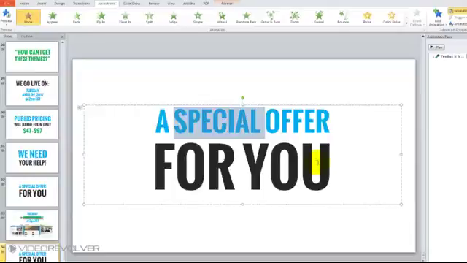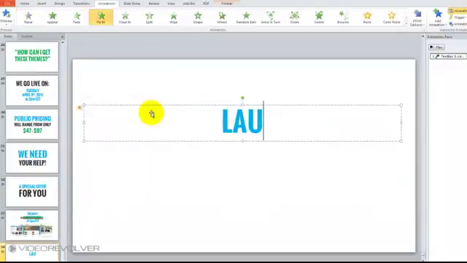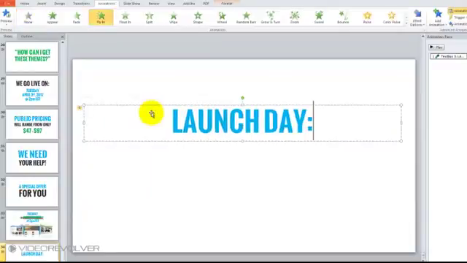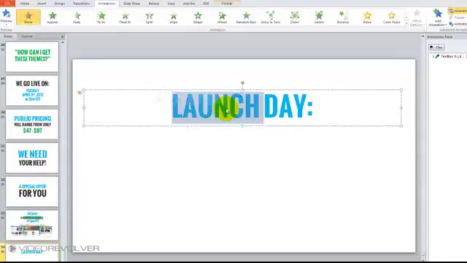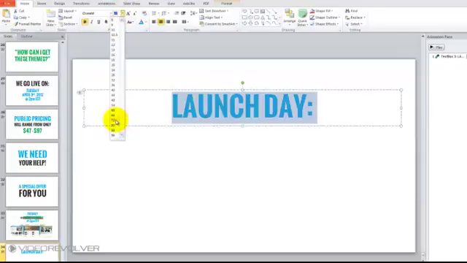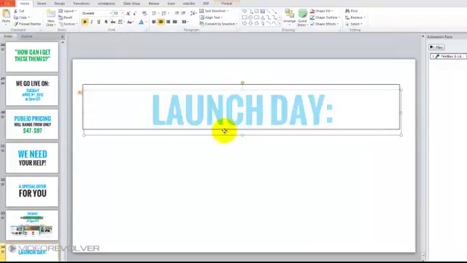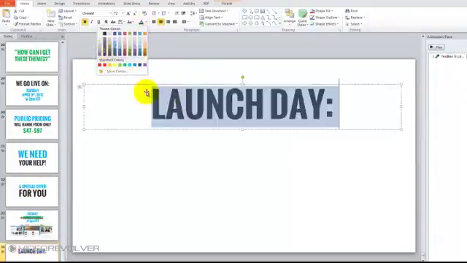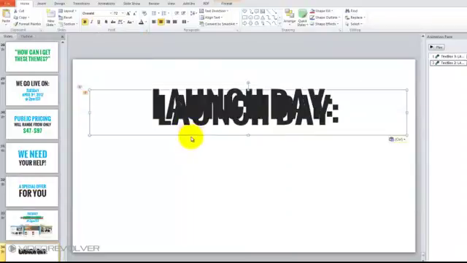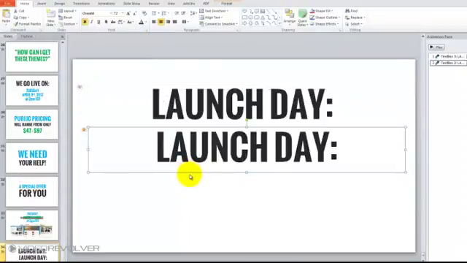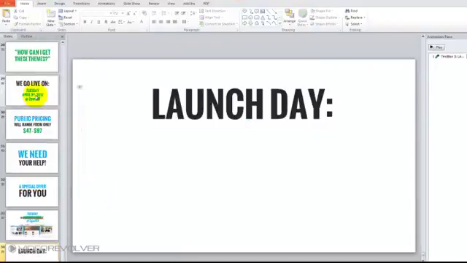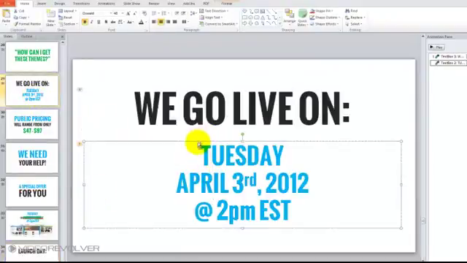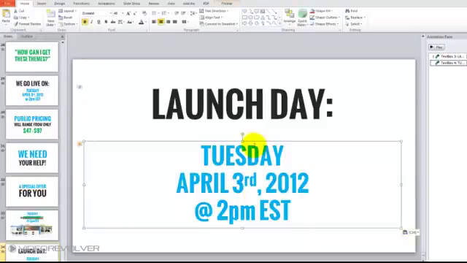So we're going to just type launch day, and we're going to bring that right to the top, make it a little bigger, just like that. And we'll make it the dark gray, and just copy that down, and this is where we're going to have the actual launch date. Actually, to save time, we'll go back to a previous slide, just copy that launch date over like so,